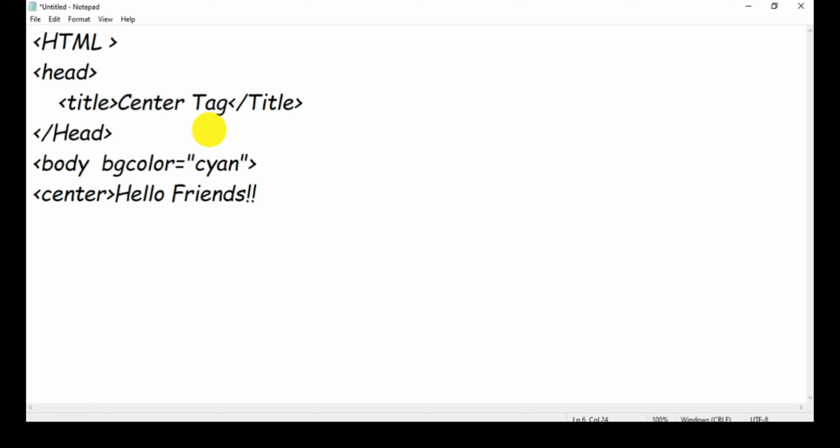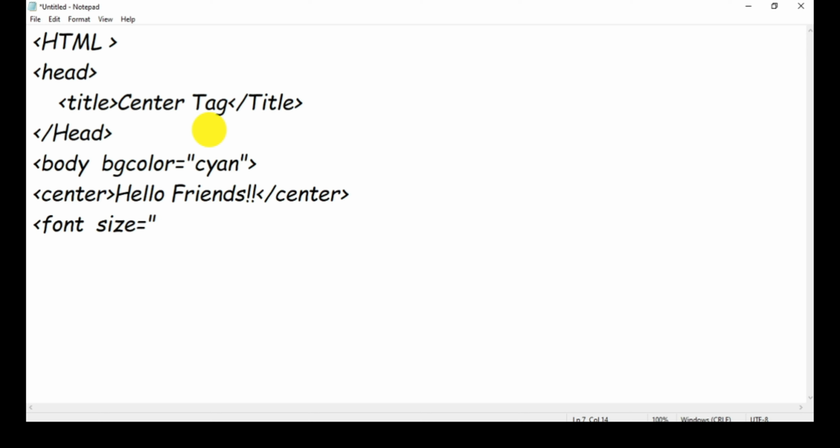If you want only Hello friends to be in the center, you can close the center tag. And then I'll use the font tag,